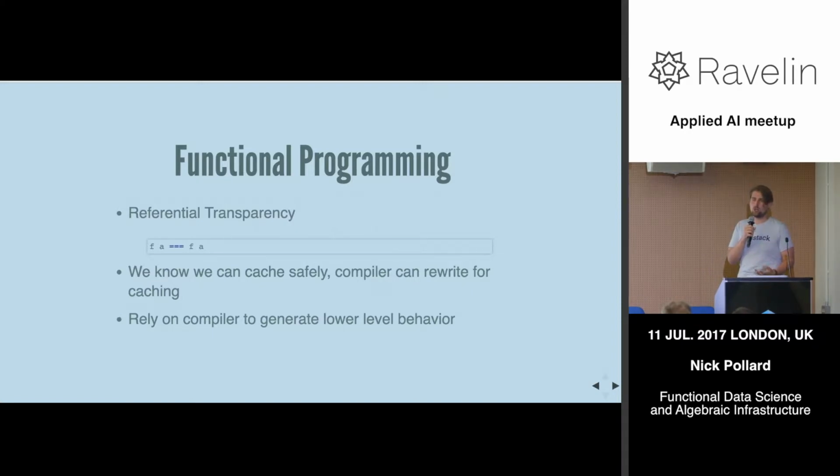Now, if you didn't have that property, in certain other languages, you can't assert that. You don't know that that function will actually return the same value when you call it again, because it might have updated some internal state. It might be reading from a database, going to disk, going over the network, and you don't know.